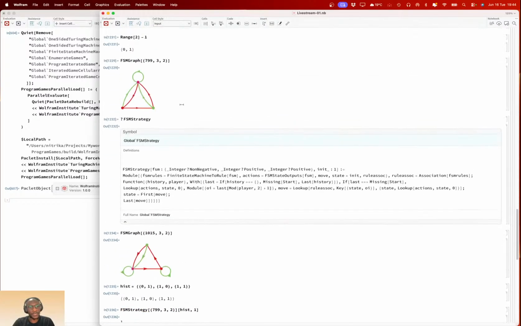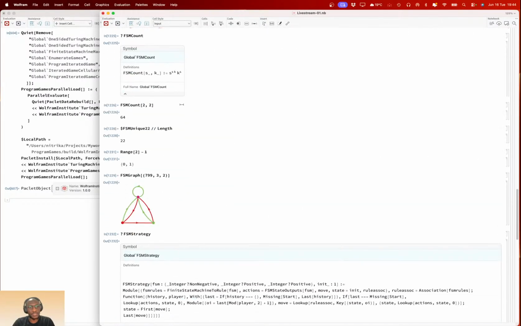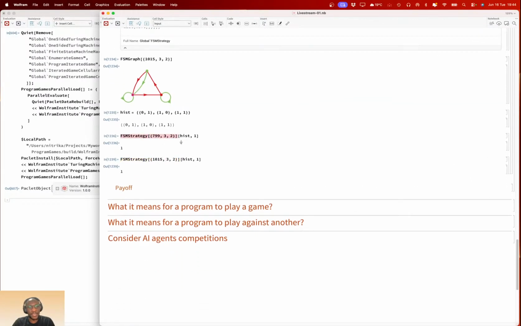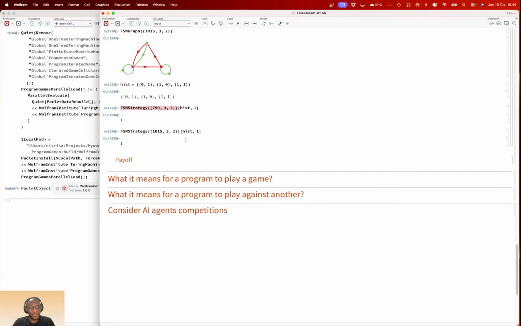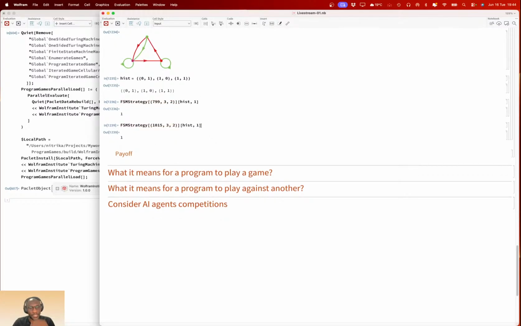Now say we want to figure out how those two moves look when you play them multiple times. So say for example you want to run a sort of tournament or game given this initial history and see what the FSM will play for all of those cases.